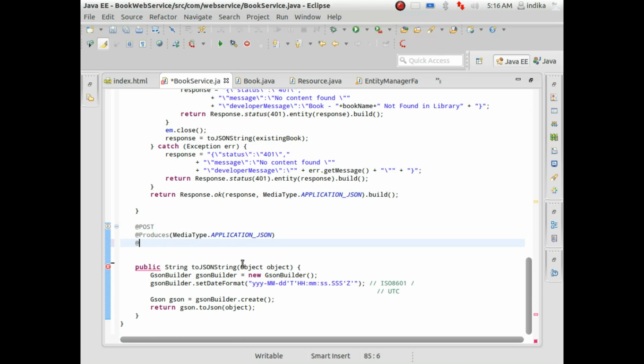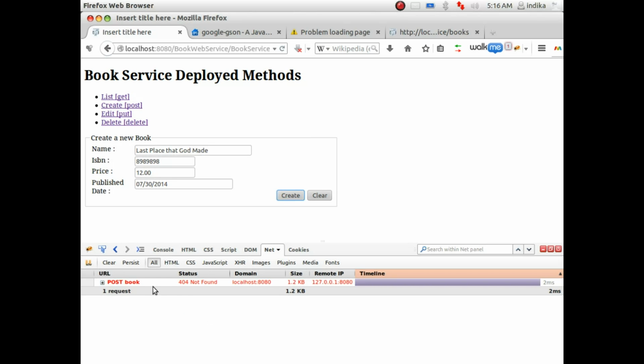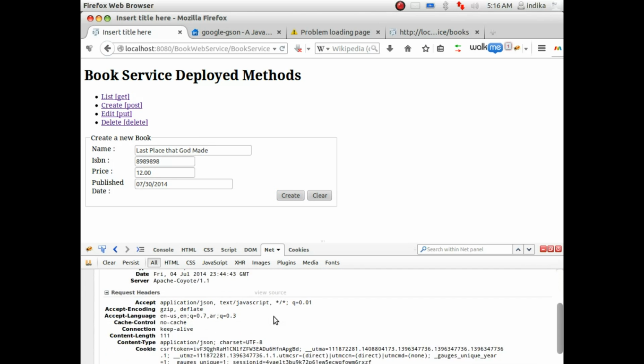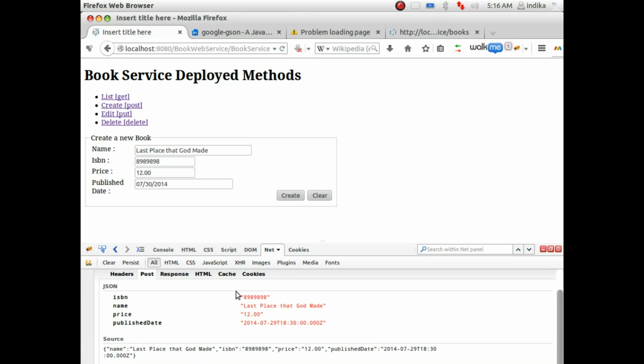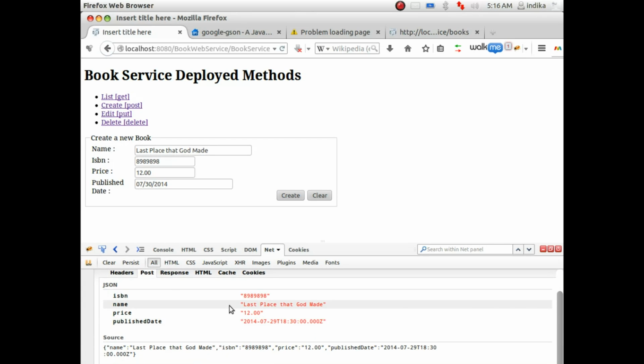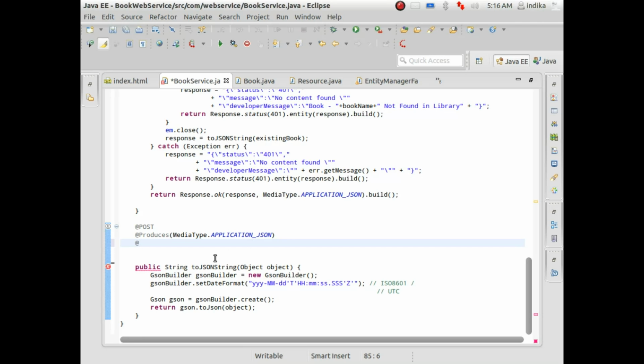As this is a post, my method will be receiving a set of data. It will be receiving this post information. So it's getting this information. I need to have something to consume that. So my method consumes